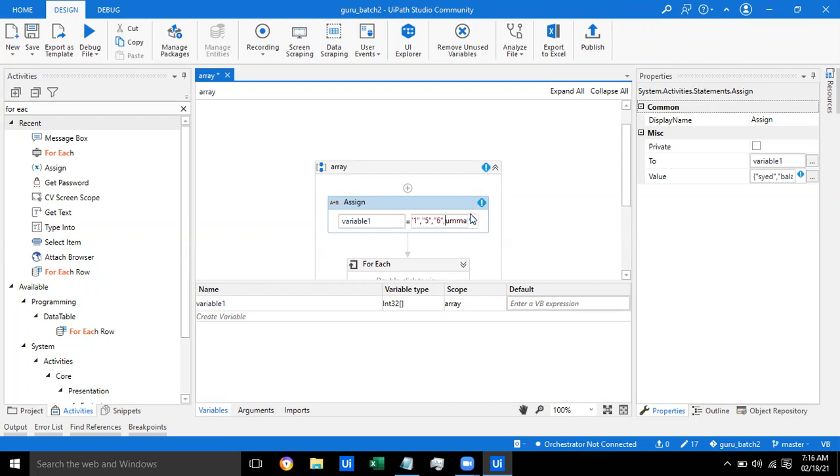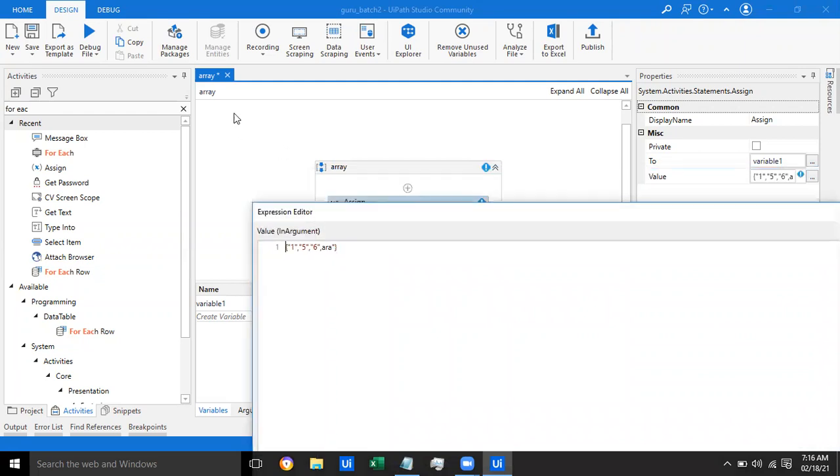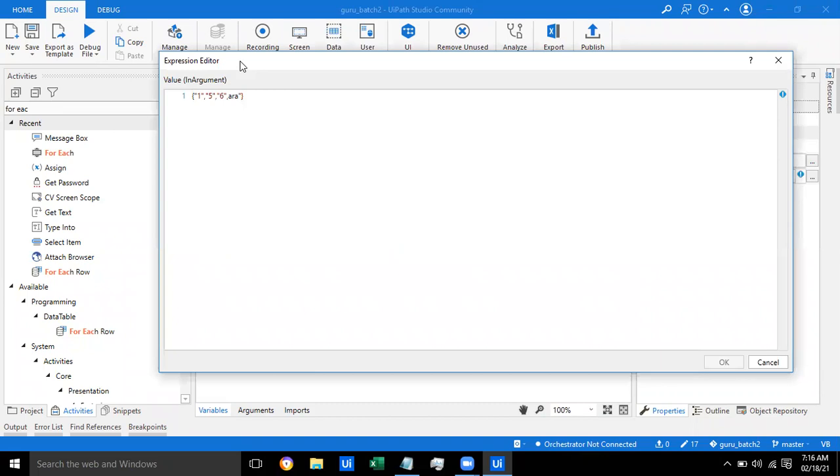So just 1 minute, guys. What you can do is just click on the plus button and open an advanced editor. Now you can edit easily.